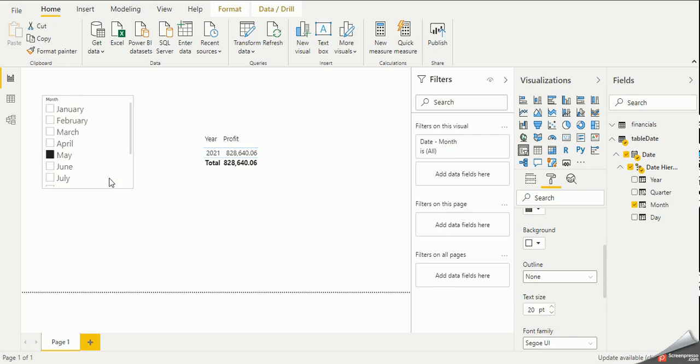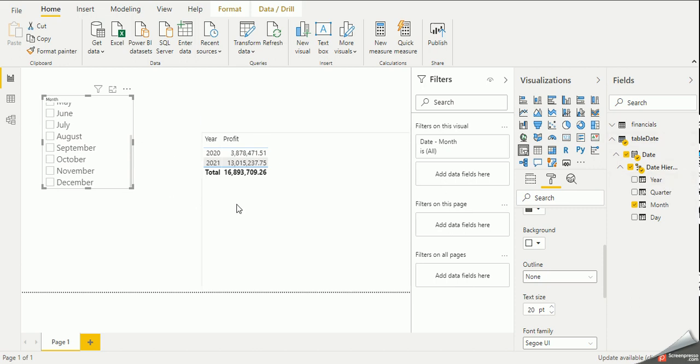So you can see that mistakenly I've selected the filter value from another table. This is again coming from the table date, not from this one, but it is actually filtering out the profit from another table due to the relationship. So when I click September, when I click October, you can see that the values are changing accordingly.